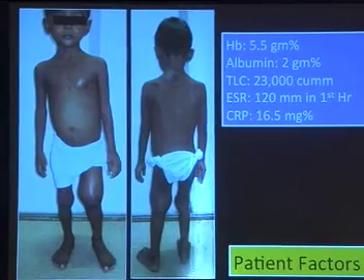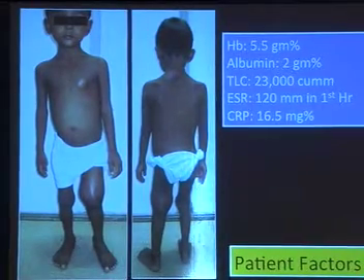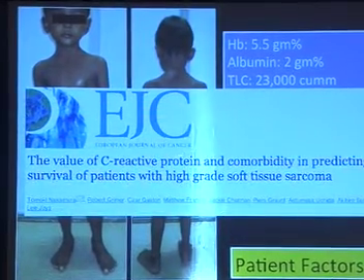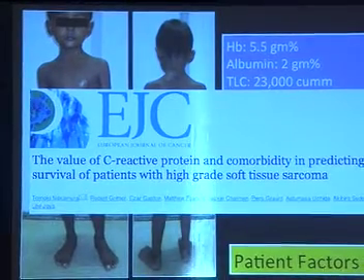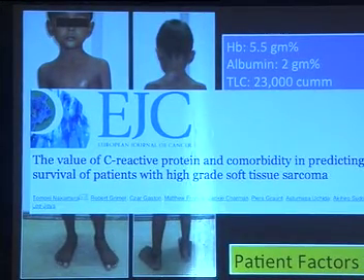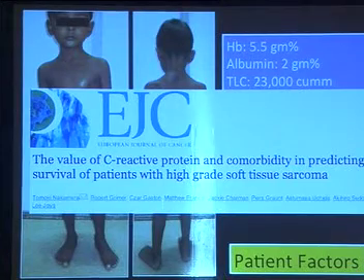Honestly speaking, no, because his general condition doesn't permit that. In fact, there was a paper from the Japanese group on the value of C-reactive protein and comorbidity in predicting survival of patients with high-grade soft tissue sarcomas. And I'm pretty sure the Grimer group has proved that in bone sarcomas as well. So the patient's general condition has to be good if you are going to attempt limb salvage surgery by any